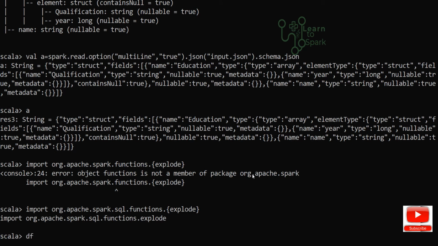Let us explode the education column. I will add withColumn, and I am giving the column name as educate underscore flat, and we will provide the explode function, to which we will give the column name as education.